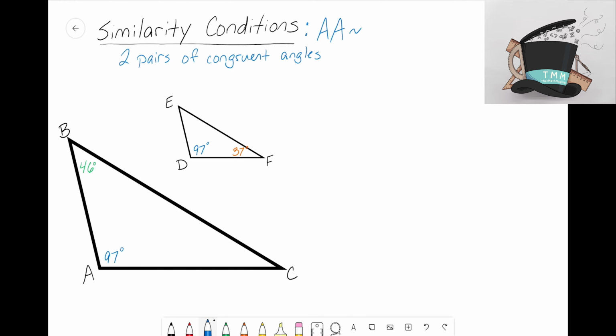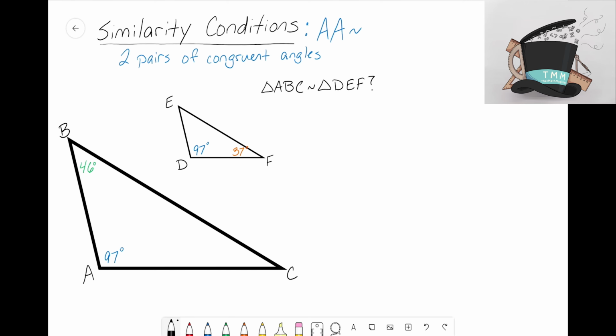Looking below, we have triangle ABC and triangle DEF. What we want to know is, is triangle ABC similar to triangle DEF? That is our goal, to figure out whether or not these two triangles are similar. Is one just a dilation of the other? We're going to prove that using angle-angle similarity. Again, angle-angle similarity says if I see two pairs of congruent angles, then that's enough to say that they're